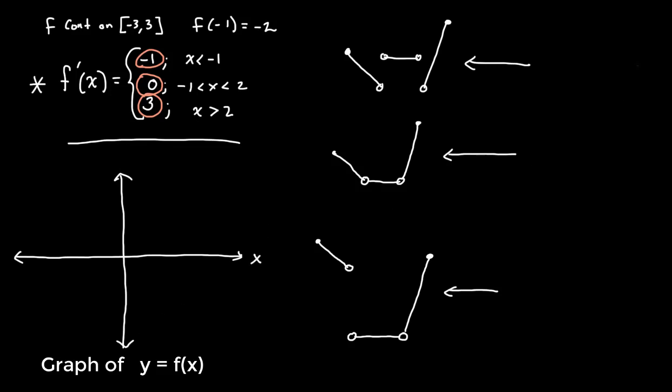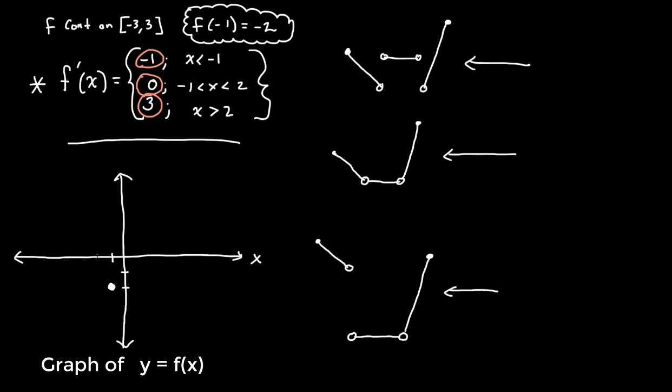Cool. Now, let's graph a function that has this as its slope, like we've done over here. The one piece of information that we're first going to highlight is that f of -1 equals -2. We know that the function has to pass through that point, so at -1, the function's value will be -2. We know we have to have a solid point here. Now, to the left of -1, we know the slope has to be